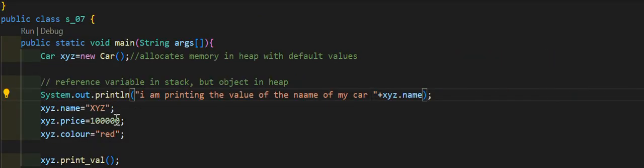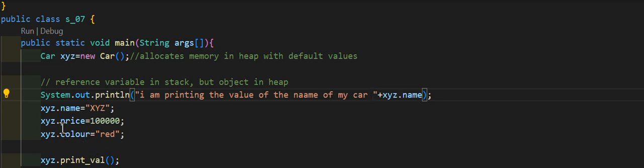So where was I? Yeah, I was saying that this should print the default value because this is a default constructor, that too not created by me. Now I am manually initializing the value. So for the card XYZ, I am using the dot operator. You can write the values. Okay, so XYZ dot name, and the name of my card is XYZ. I have written it in capital letters to create a clear cut difference. Mind it, this is the value for the name variable, and this is the reference variable. The XYZ in small letters is the reference variable.